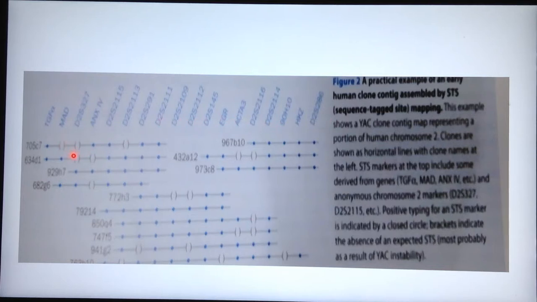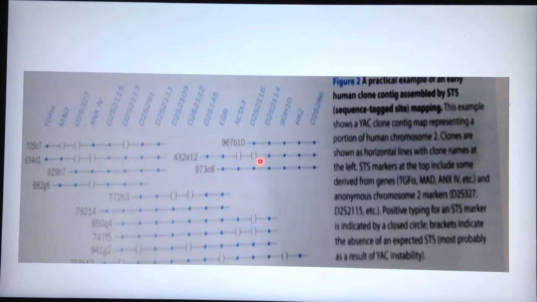So, these are some representations of yeast artificial chromosomes, and we can see that there are some gaps. These gaps are present in the yeast artificial chromosome for these particular markers, and they are because of rearrangements which have occurred in the yeast artificial chromosome. Because of these problems, the more reliable vectors, because YACs were preferred for their high capacity, but the reliable vectors